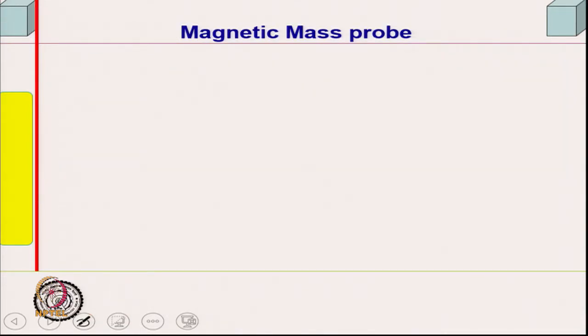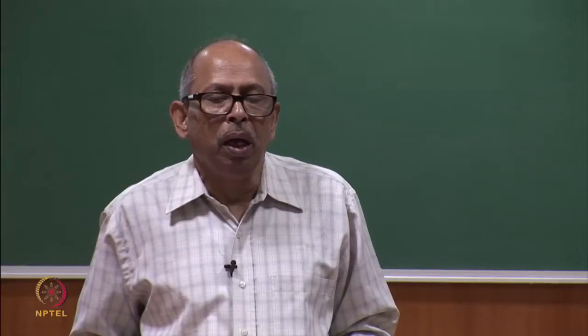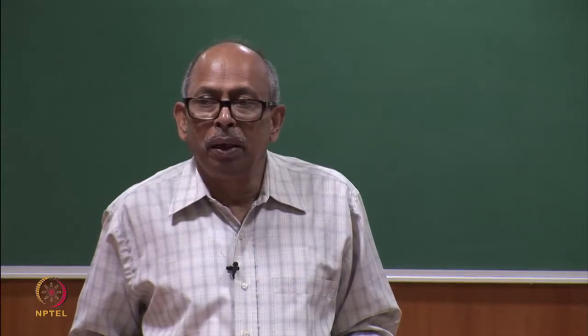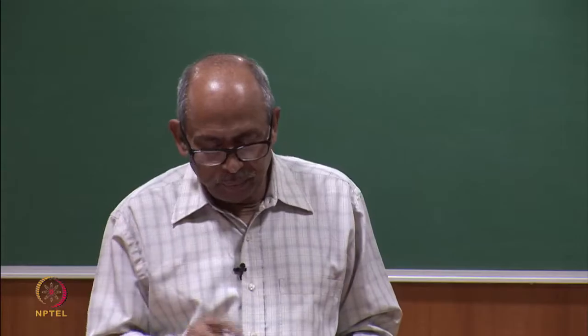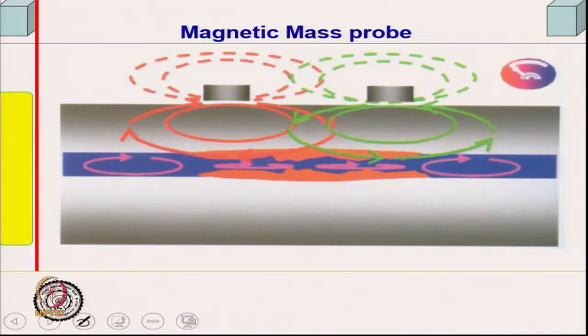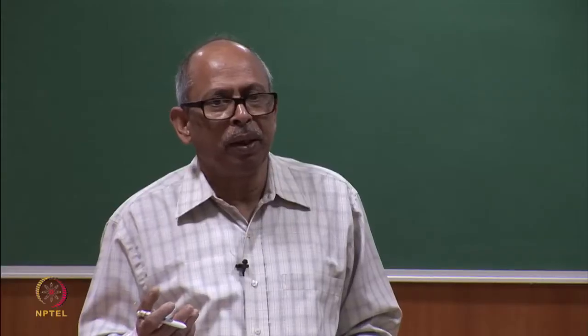Now, let's look at the magnetic mass probe. It can actually tell you the quantum of rust at any point of time. These are the probes, and the image that you get will tell you how much, because modern instruments can bring it out using software, how much is the amount of rust and how much is remaining. This is the technique used to find out the quantum of rust, but this is a very costly instrument, not very easy, not very cheap, right.